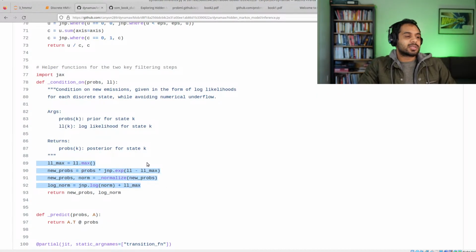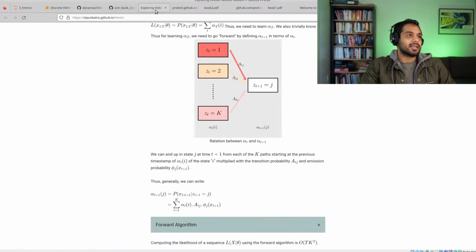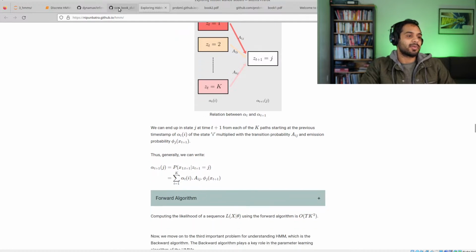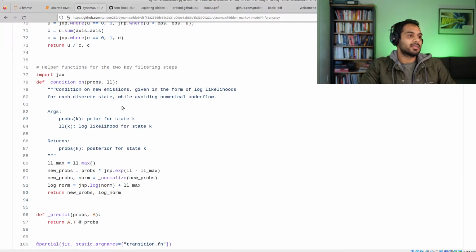It's what's a one-liner in any of the other articles, like in here, like this. Okay, this is the same thing actually, right here, the forward algorithm. So here's the forward algorithm here, and here's at least part of the forward algorithm here. What is a one line in either the book or the explanatory web articles is 4 lines here. So what's happening is this is actually doing the Bayesian update, the conditioning, but it's doing it in 4 lines